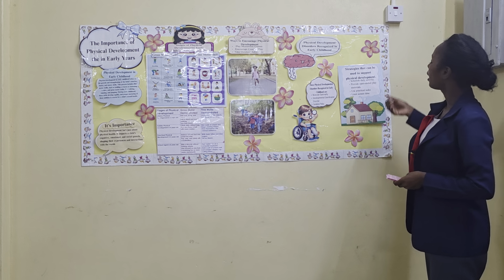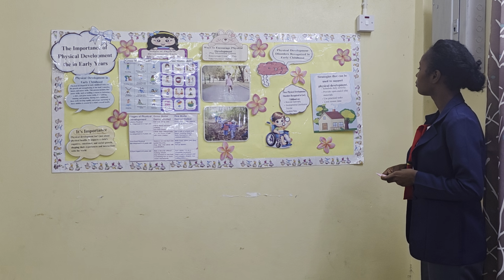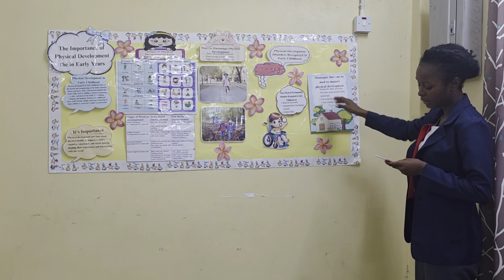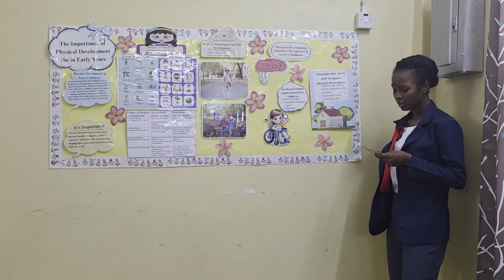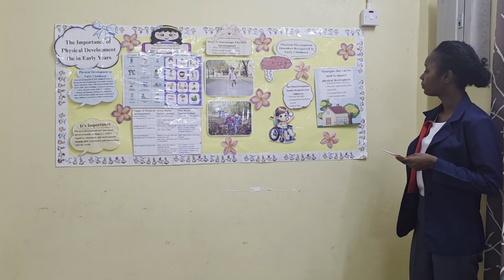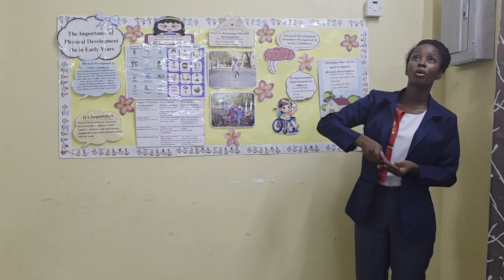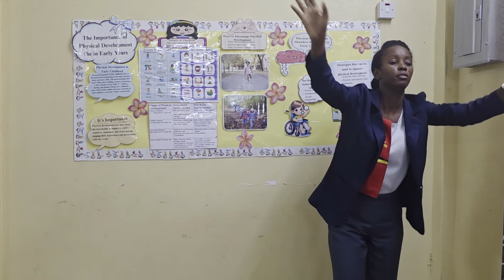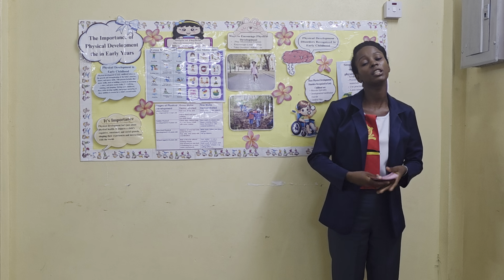Now, we have strategies that can be used to support physical development. Schedule daily activities, allowing children to jump, run, stretch, and climb to strengthen their muscles and coordination. So we're going to plan hopscotch, or we're going to do a little dance where we stretch one way, we stretch the other way, we stretch forward, we stretch backward, or an activity you think would be engaging for that child that will help